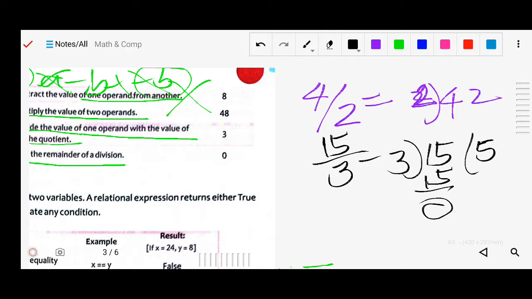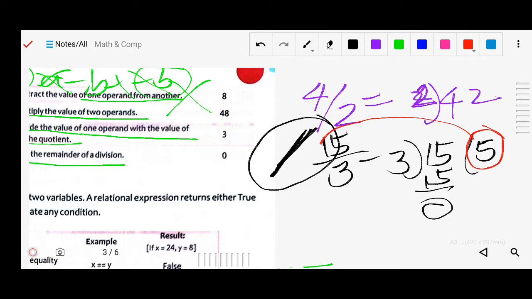If you use this operator, it is called the division operator, and it will give you the quotient. If you use 15 divided by 3, it will give the answer 5.